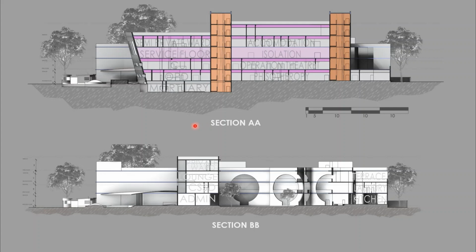Section A dash is a longitudinal section cut through the service floor, where the mortuary is at the lower ground floor, and all the spaces in this section are accessed by the vertical cores, two vertical cores on the western side. Section B dash is a longitudinal section cut through the courtyard, where spaces such as doctor's lounge and private ward can have a nice see-through towards the courtyard.